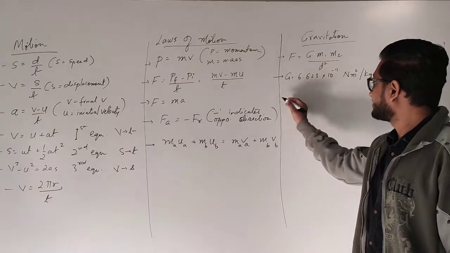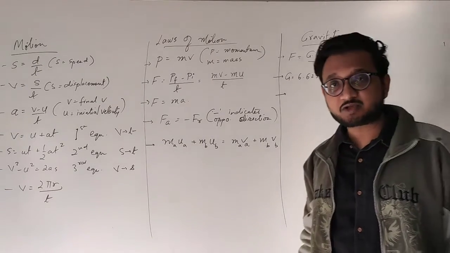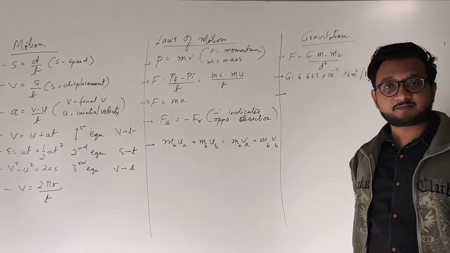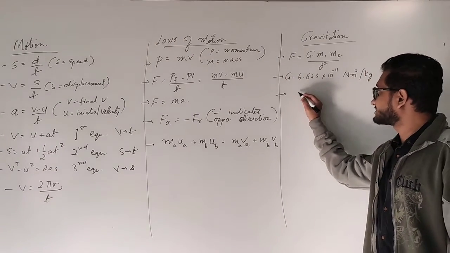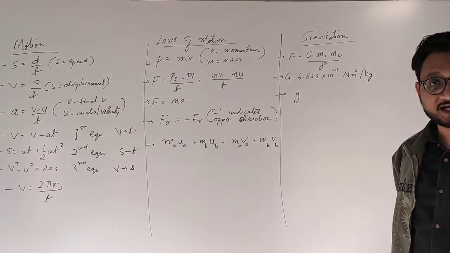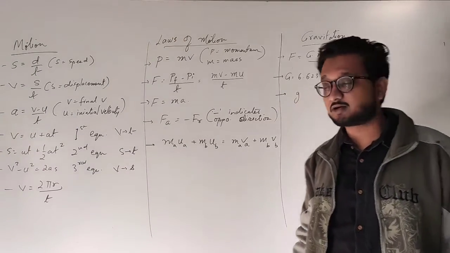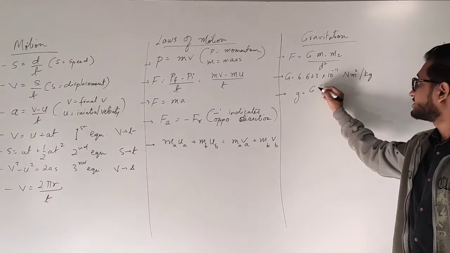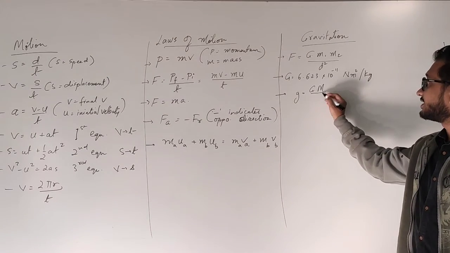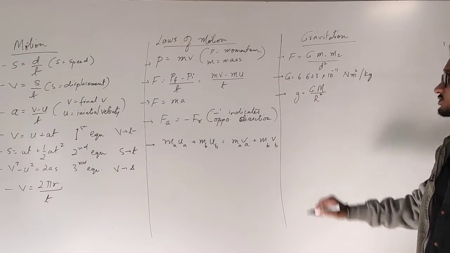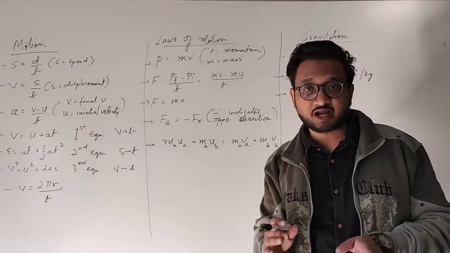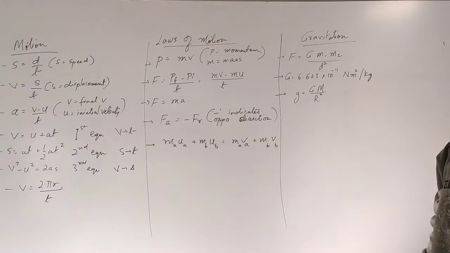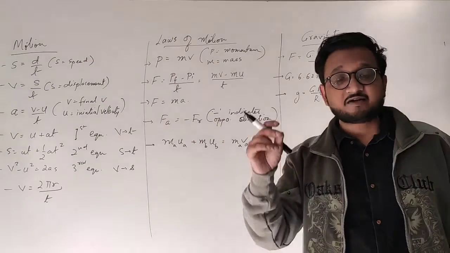After this, we studied about the acceleration due to gravity, where we compared the second law of motion with the law of gravitation. Okay, and we got this value for the acceleration, that is small g. This is acceleration, not gravitational constant. Okay, so acceleration is equal to G into mass of Earth upon radius of Earth square, because we are comparing to the gravity of Earth for a particular object that is free falling.